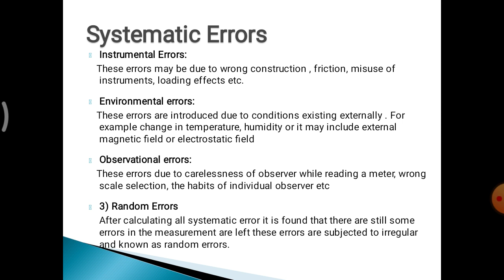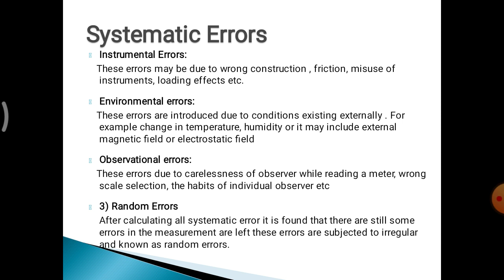So what you have to do, you have to stand straight and take the readings, and you should not bend too much also. You have to stand straight and take the reading properly. That is nothing but your wrong habits of taking the reading. Wrong scale selection also. So many analog meters are there, all are not having the same scale. Depending on the ranges, the scale also will be changing. So see the scale properly and take the readings. Due to that also some observational errors will be occurring.